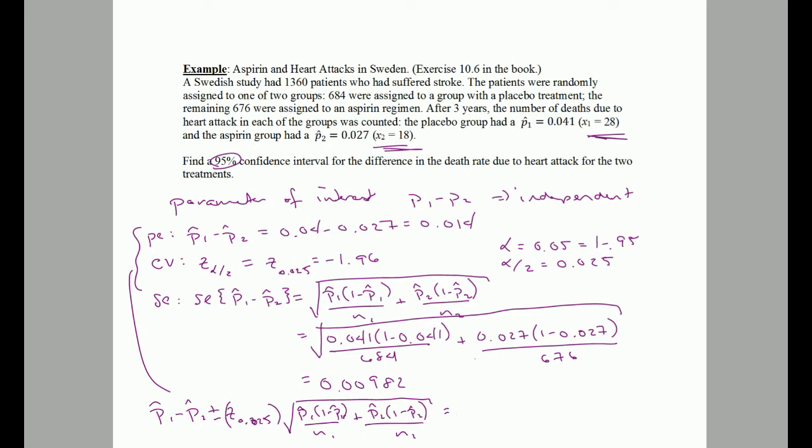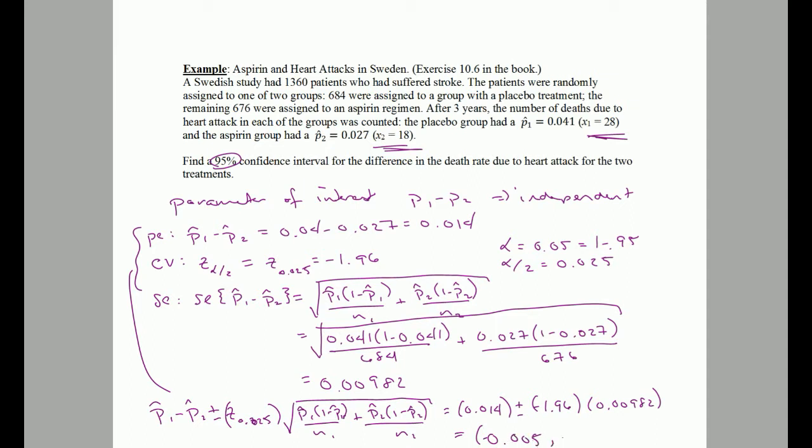And then we plug in. So we're going to have that point estimate of 0.014 plus or minus negative 1.96 for our CV times 0.00982. And our confidence interval is finally negative